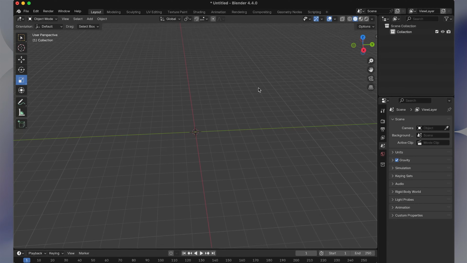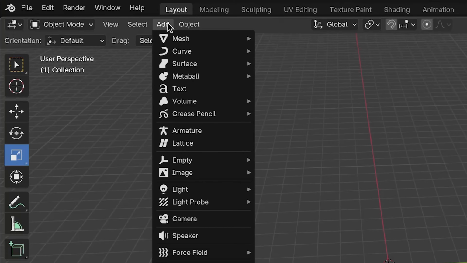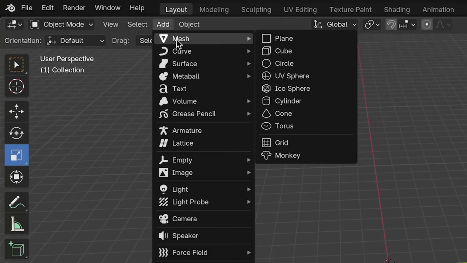Now we have nothing in our scene. Now let's add an object. So if we go back up to these buttons here, you can see on the left of the object button we have an add button. So let's click that, and then we want to go to the first option, which is mesh, and you can